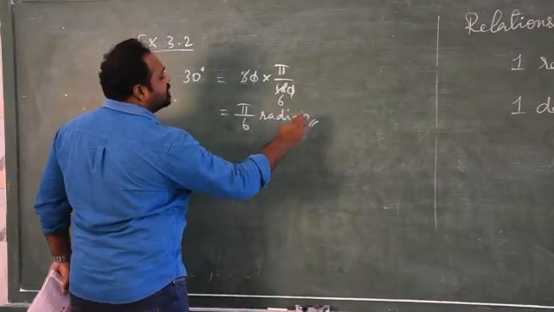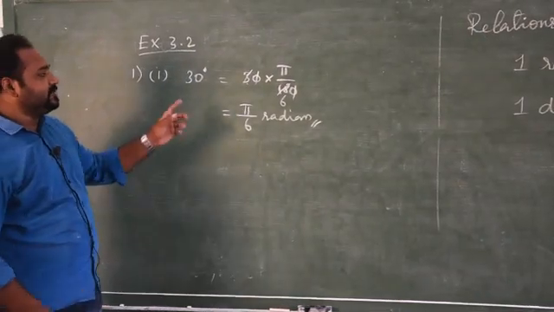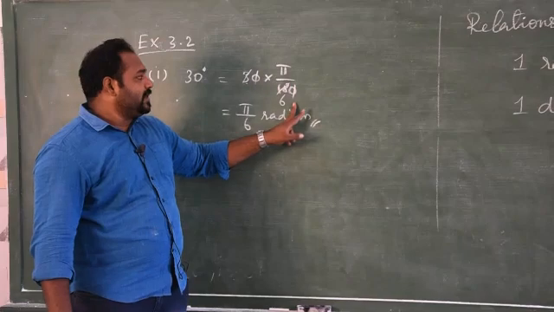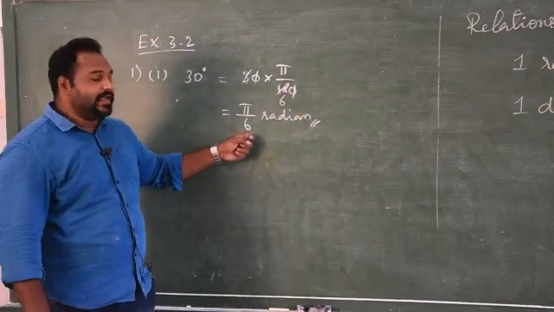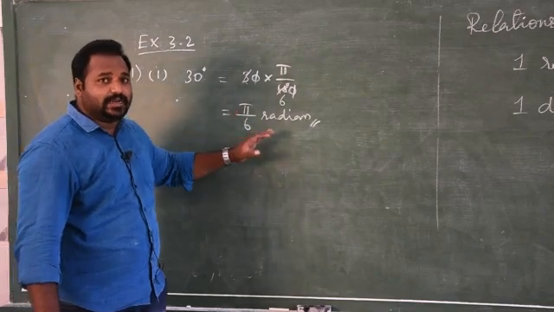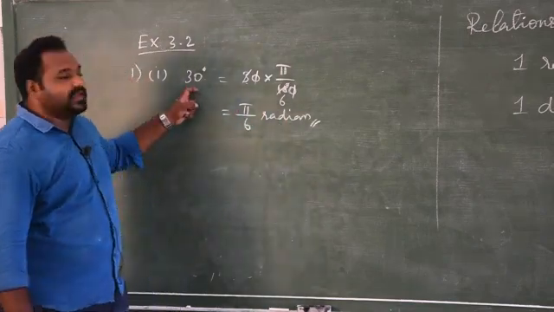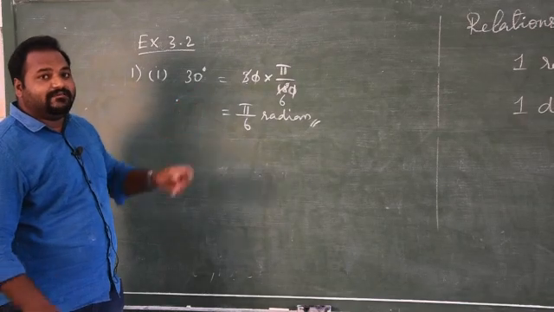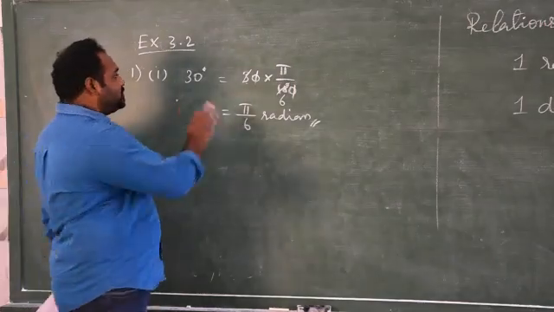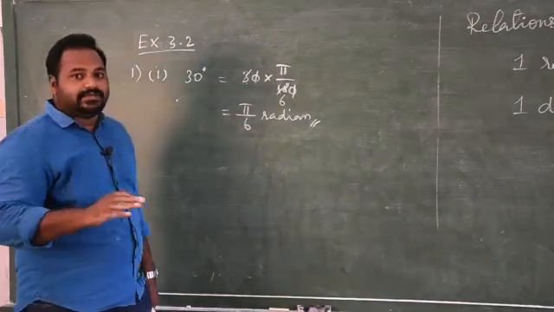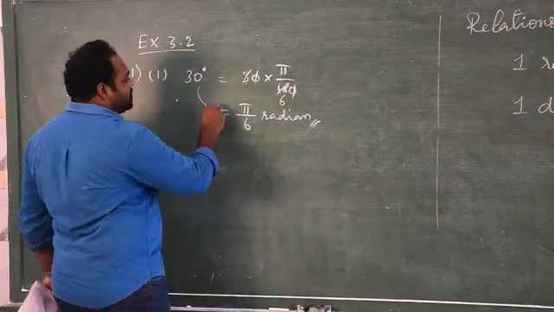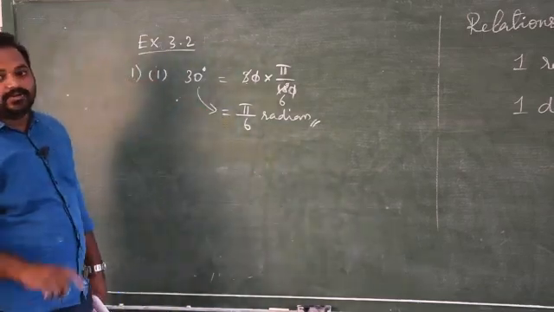So this is the procedure for converting degree to radian. If you are given degree measurement, just multiply with pi by 180, you will get radian. This value can be multiplied or divided, whatever calculation you need. But with degree we can't have cancellation or something like that. We can't use the degree measurement. If you get degree measurement, you have to convert into radian measurement, then you can have calculations. So this is the procedure for finding radian from degree.